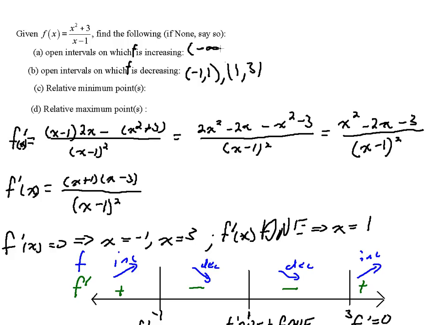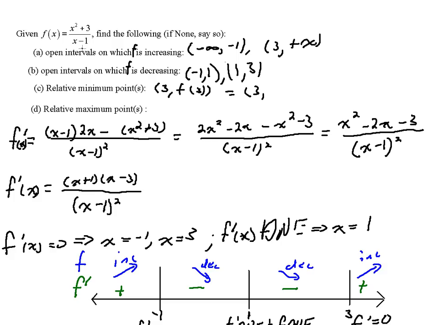Relative minimum point or points, well, that's where it's going to go from decreasing to increasing. There's only one point where it does that, and that's going to be 3, and that'll be f of 3. You can evaluate the function at 3 and get that y value. So what would it be? It's easy enough. Kind of in a rush here, but I'm going to go ahead and do it. So 3 squared is 9 plus 3 is 12 over 3 minus 1 is 2, so 12 over 2 is 6. The point (3, 6) is a relative min, and that's where the function goes from decreasing to increasing, and the